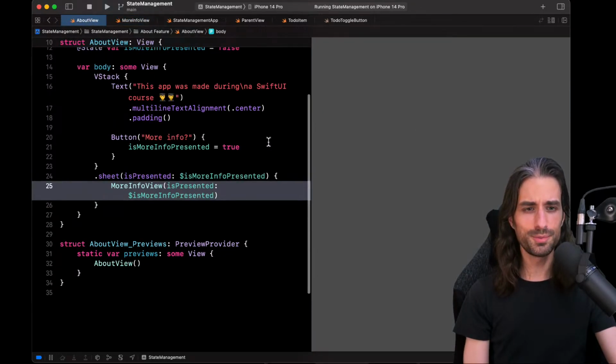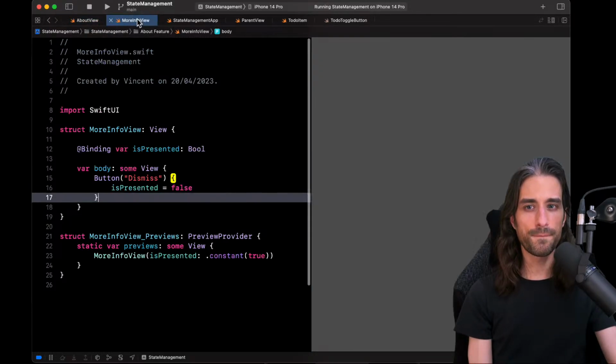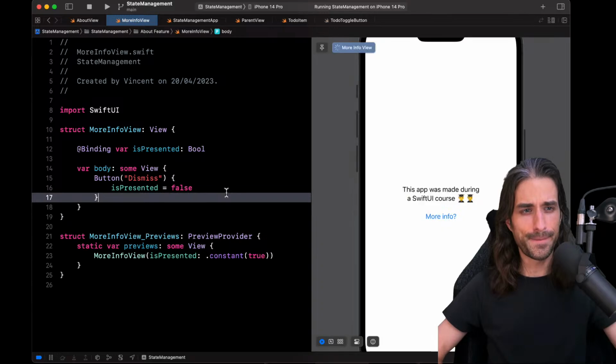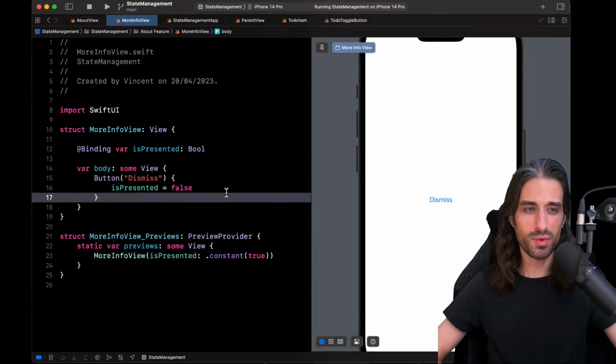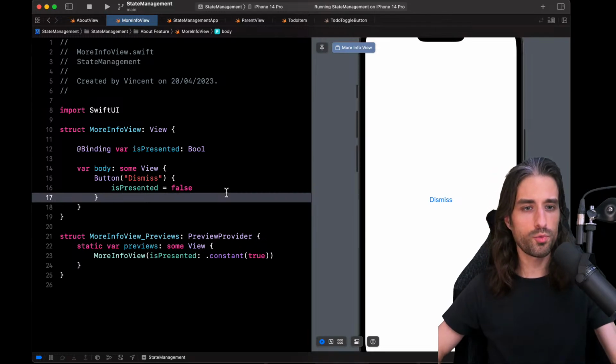So I go in my about view. Okay, tap in, being shown, tap here, being dismissed. Everything is working, animations are working, so there is no problem, it does the job. What's the issue here? Once again, if you are watching the replay, maybe take 1 or 2 minutes to try to come up with your own answer of why this is a bad approach.